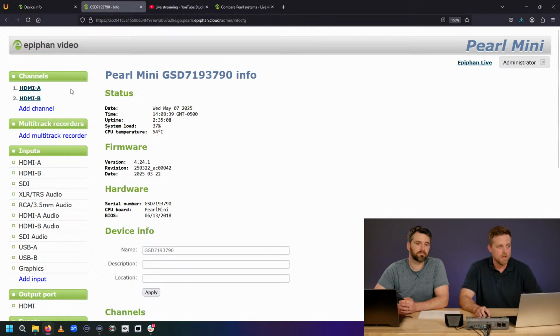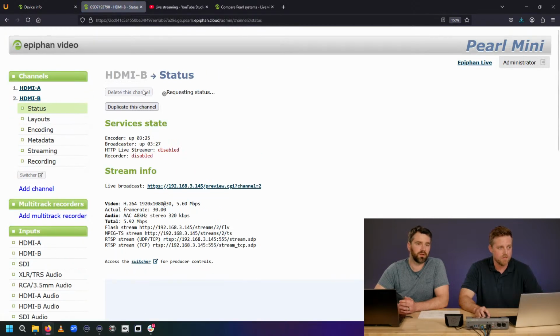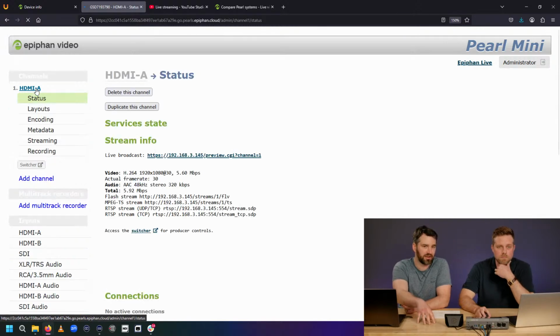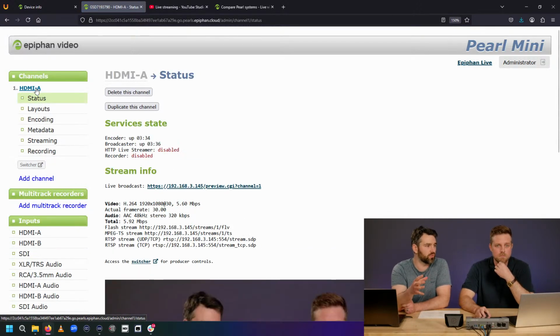Okay, so at the top here you see the two channels. We've got HDMI B and HDMI A. I'm going to start by just removing that second channel. This is because when a Pearl device is a box, Pearl Mini, you have HDMI A and B channels. It's meant to be set up for quick auto mapping, as Dan said. If you're not doing any ISO recording, and in this case we'll set that up later, but typically what